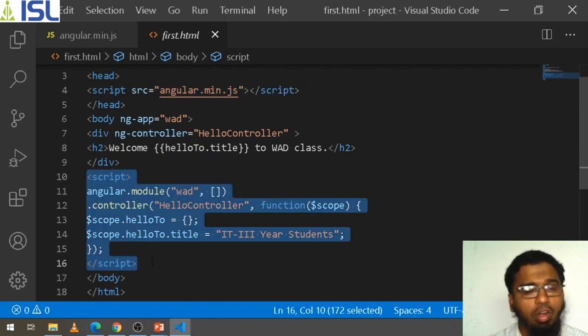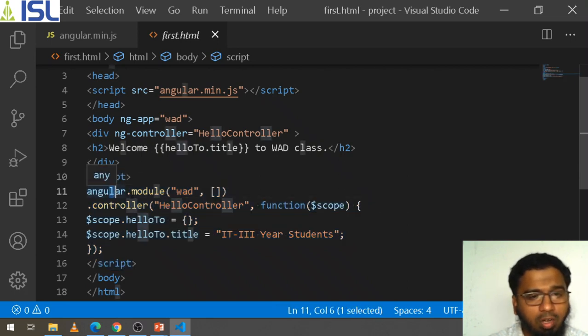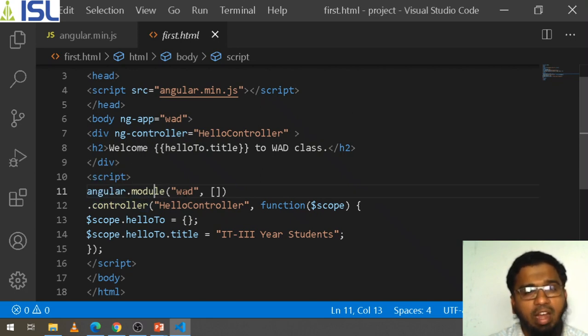What am I writing here? I am using angular.module. I am creating the module WAD. What is this WAD? WAD is nothing but my ngApp. Okay, my ngApp, and I am taking expression, and after that, dot controller, whatever controller we are using, the controller name here is hello controller,